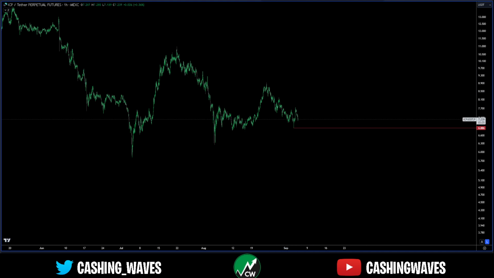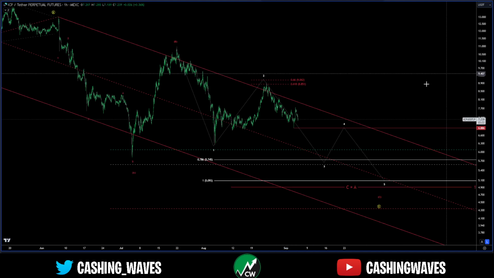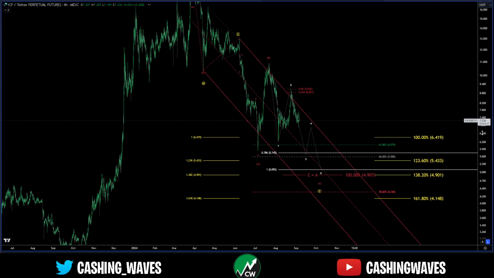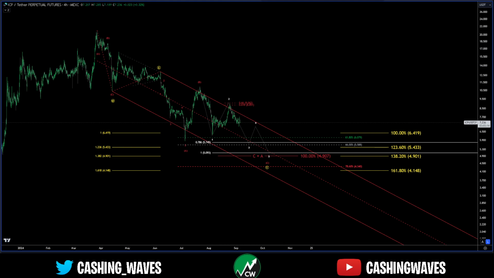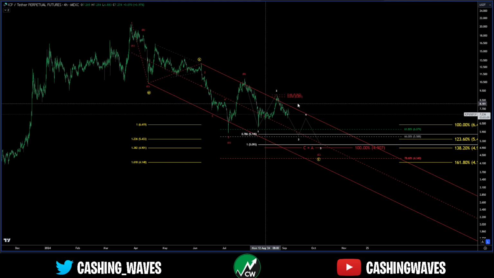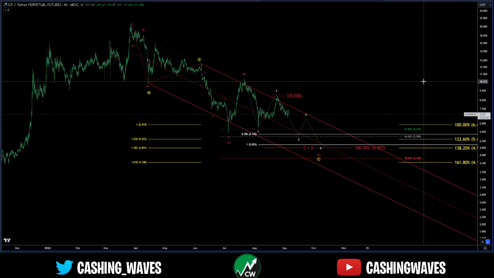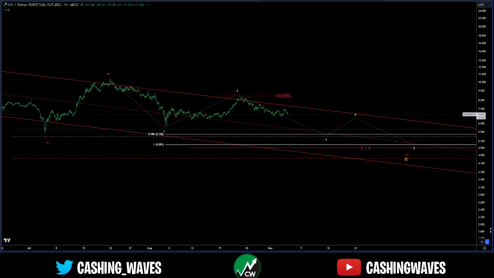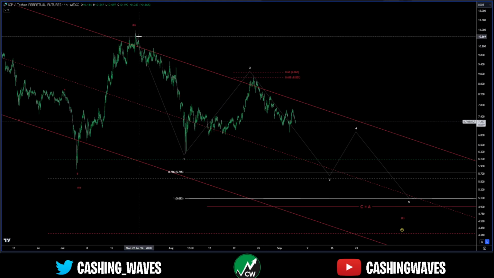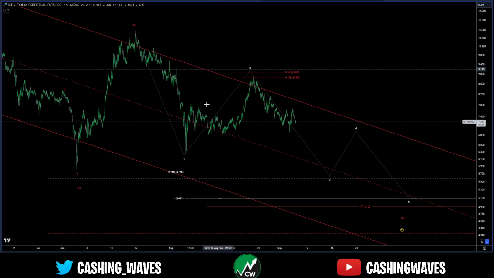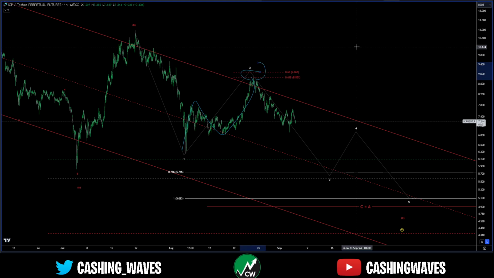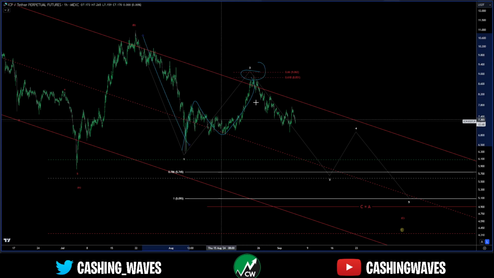So just looking at the structure, what makes the most sense to me and why it is my primary here, Bitcoin as well, looking at Bitcoin, is that we're going to get this diagonal to the downside, ABC. If we go down to the 1 hour, you can also see off this three-wave move to the downside, which is what we'd expect in a wave 1 and a diagonal, came back in a three-wave move, bang, right between the golden zone of the move to the downside.